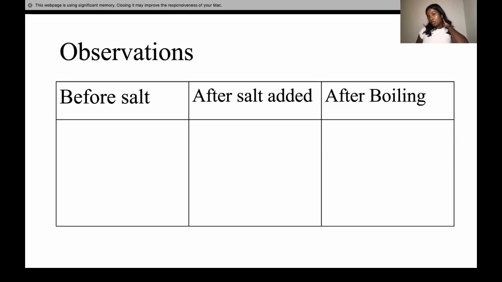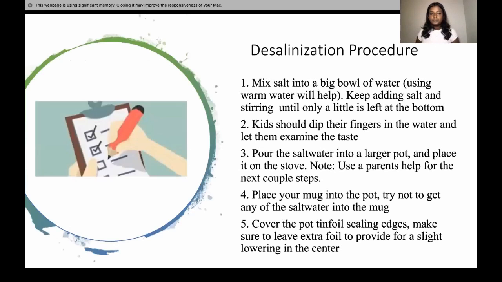Before we get started, I want you to grab a piece of paper and make this chart for me, okay? This is called your observations chart. You're going to do before the salt was added to the water, after the salt was added, and after boiling. And you're going to tell me all the observations from smell, taste, touch, what you see. I don't really think we'll be doing smell, but taste, touch, and how it looks. Anything that you think has happened during each stage, please write it down in these charts. So let's get on to the experiment. What you're going to do is start off by taking your salt and taking a big bowl.